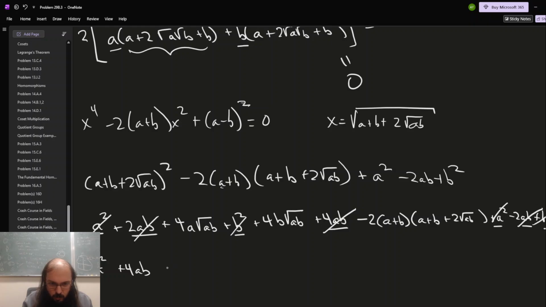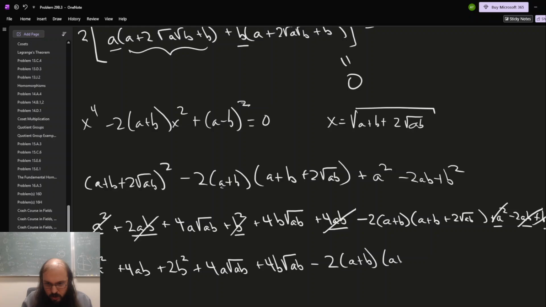So that's 2b squared. Okay, now let's take down the stuff that remains. 4a square root of ab plus 4b square root of ab, and then minus this expression in its factored form, which is just like before, a useful hint for what to